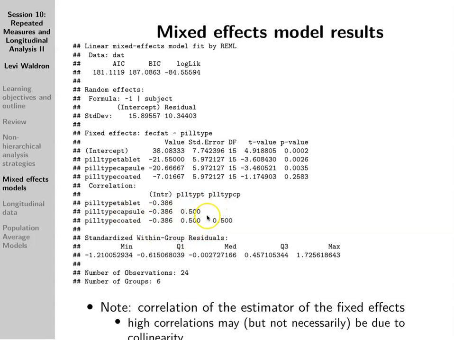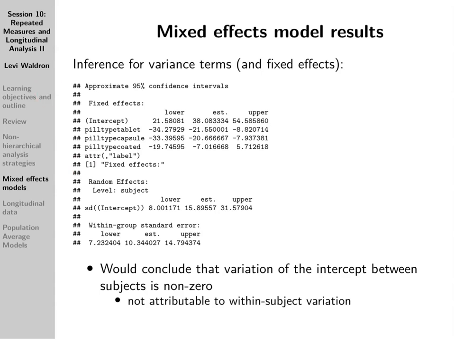And positive correlations here could mean collinearity between these variables and similar measurements between all of them. The fact that these are identical here is clearly due to an assumption being made, and we're going to talk more later about different kinds of assumptions that can be made on the correlation structure if you don't want to go with default assumptions. This is the output of a function called intervals, which is nice for this model that